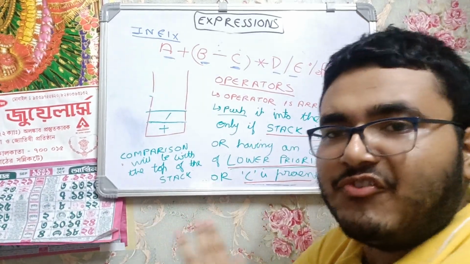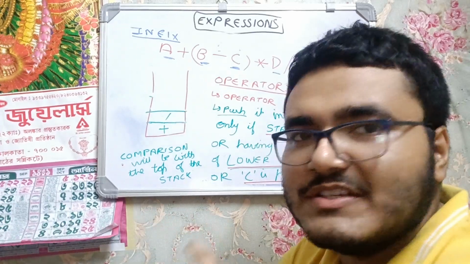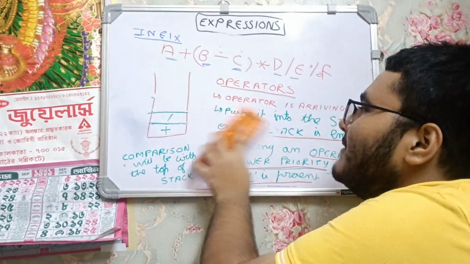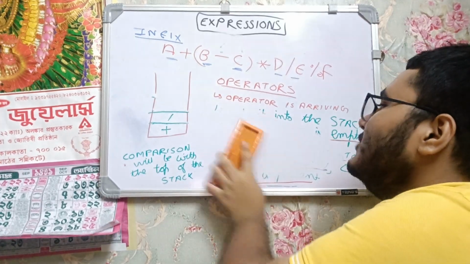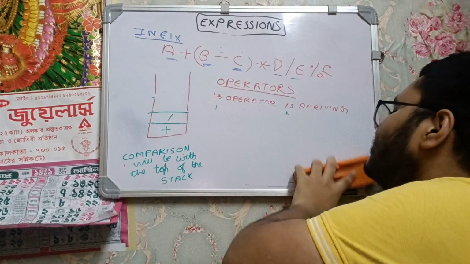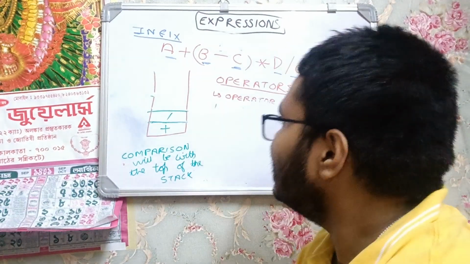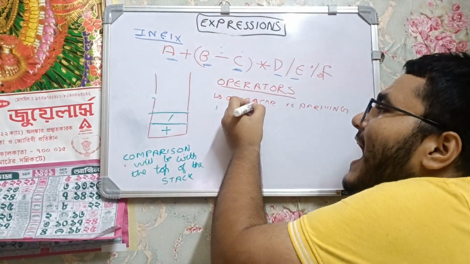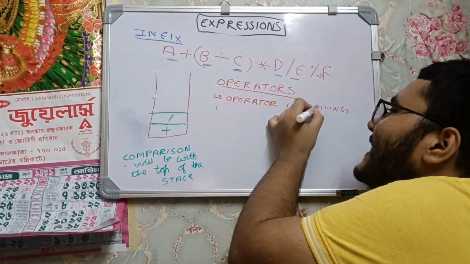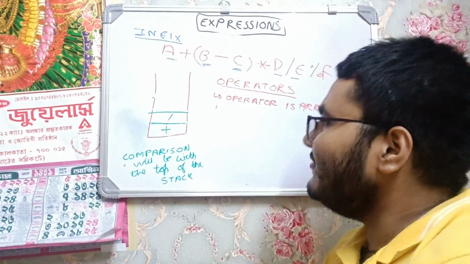If neither of these conditions is true, in that case the rule is: if in the stack a higher priority operator is already present and an operator is arriving,